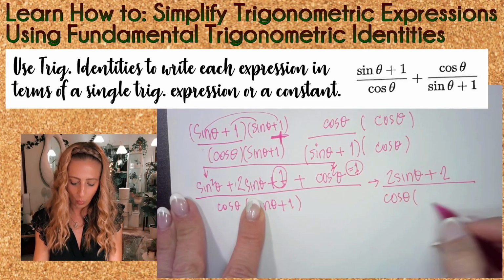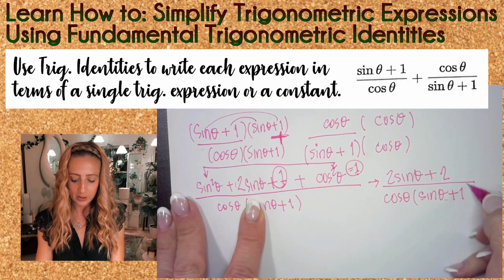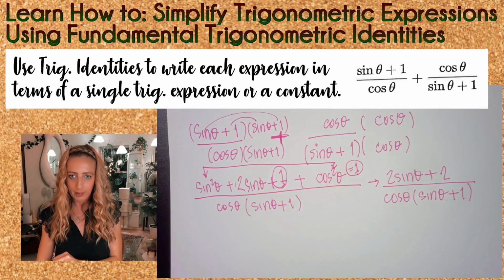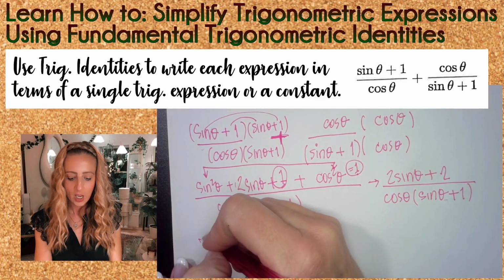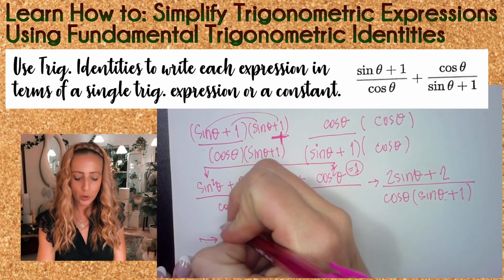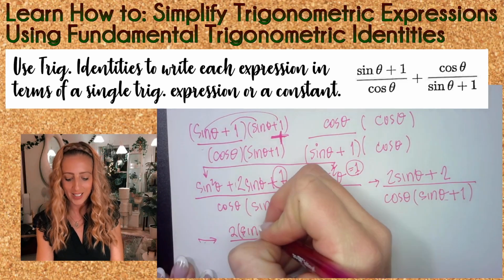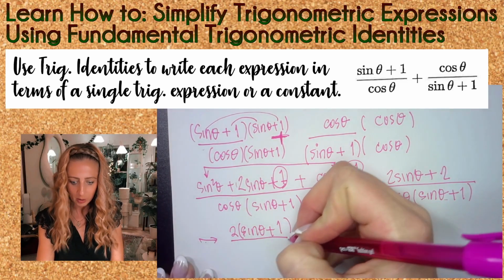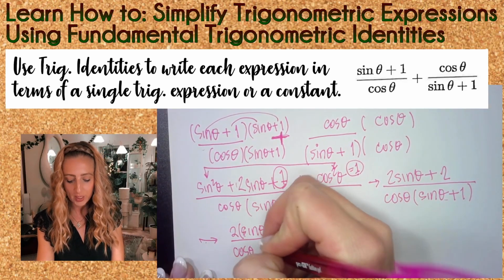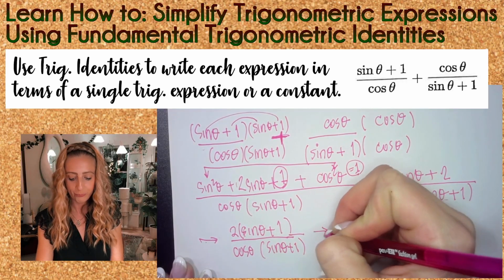Is one of these factors from the denominator a factor of the numerator? Look at it carefully. What I see is a GCF, or greatest common factor, of 2. I'm going to factor out the 2, undistribute the 2. That will leave me with sine theta plus 1, not plus 0. Don't be a clown. Not plus 0. On the denominator, cosine theta and sine theta plus 1. From here,